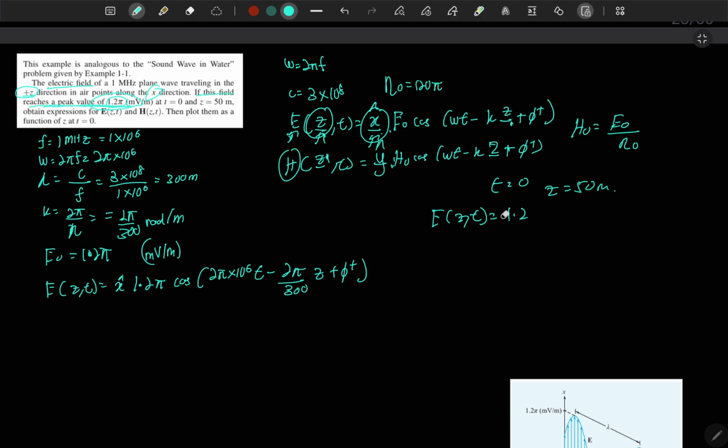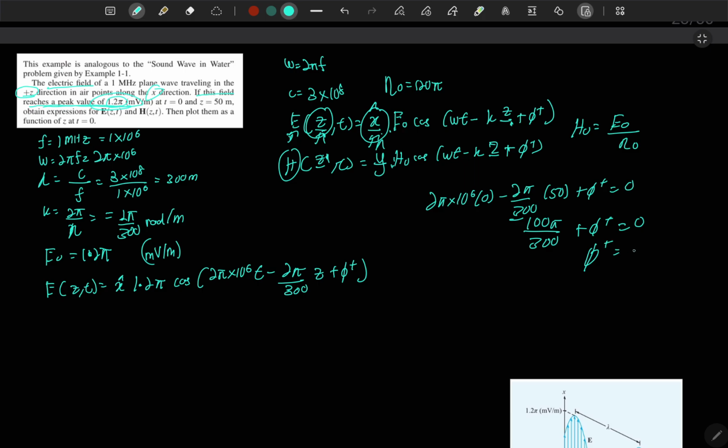So let us try to solve it here first. So we know that t is 0 and z is 50. Okay. Now 2 pi 10 6 times 0 minus 2 pi over 300 times 50 plus phi should be equivalent to 0. What does it bring to? Negative 100 pi over 300 plus phi is equivalent to 0. So phi is equivalent to pi over 3. Now we have found this. Very good. So our propagation equation is equivalent to,